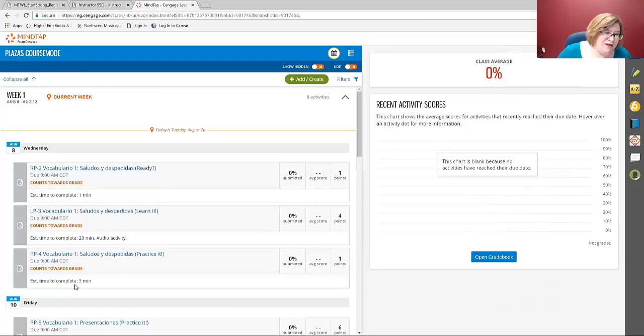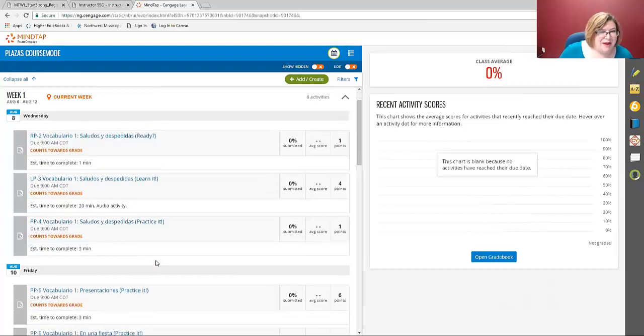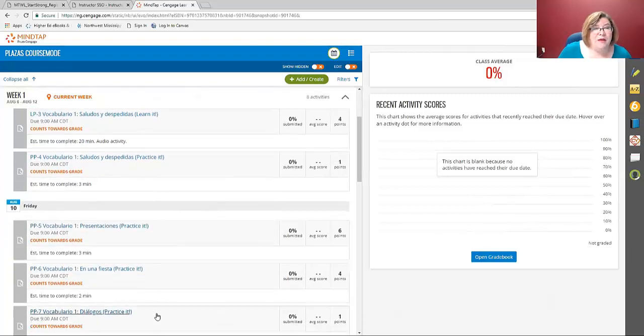Why do I have these 3 activities due Wednesday at 9 a.m.? Because this would be something I would have my Wednesday students do before they came to class. They're the reading and the practice, the reading and the learning activities. I did throw one practice activity in there just to make sure they were paying attention. If you'll notice, these are the same topic, that same vocabulario, and I have these due Friday at 9 a.m., so I want them to do the homework, the practice that comes with those, before they come to my class at 9 o'clock on Friday morning.